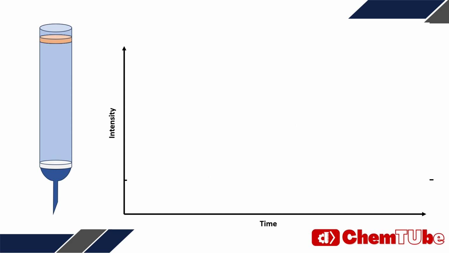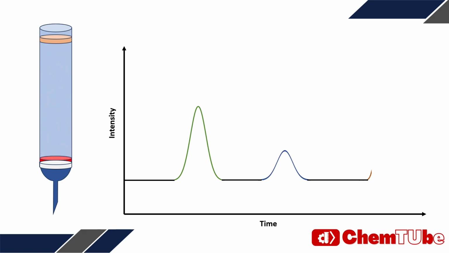Let's now take a look at what the detector sees. Let's plot intensity of the signal against time. When a band passes through the detector, it registers an input. Of course, as there are a lot of molecules, they can act slightly differently, leading to some peak broadening. Again, we can see the order of the molecules based on the size.